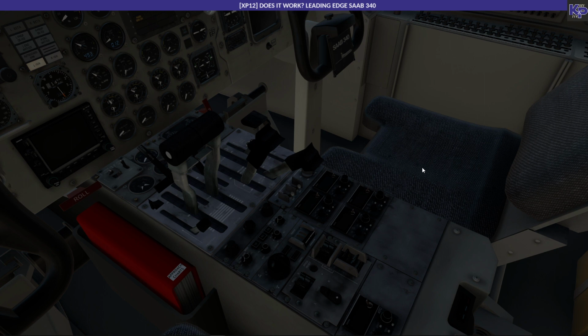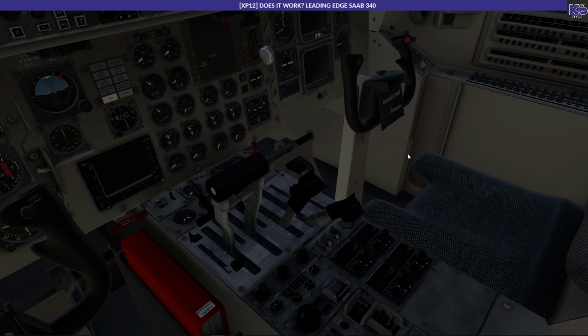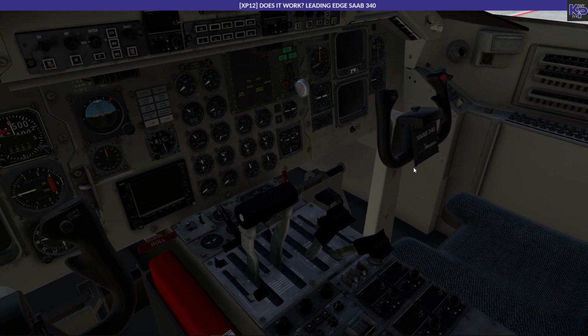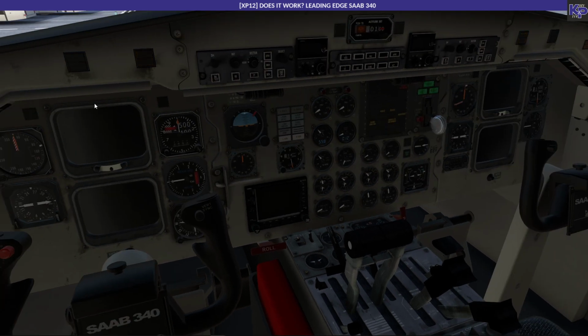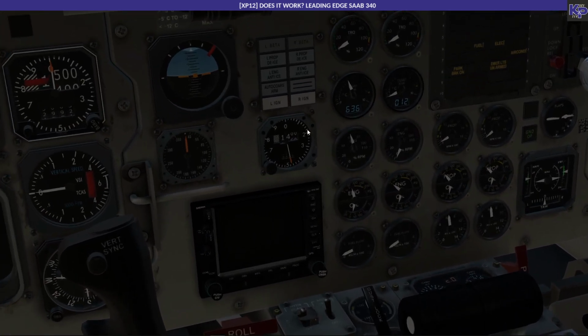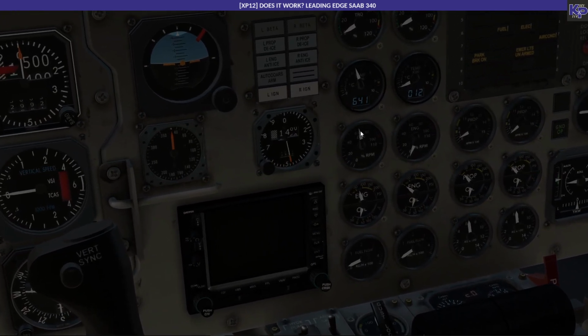The engine seems to start. Okay. Left engine starts with your left engine RPM above 60%. See, where's the RPM? It's above 60%. Then we can activate the